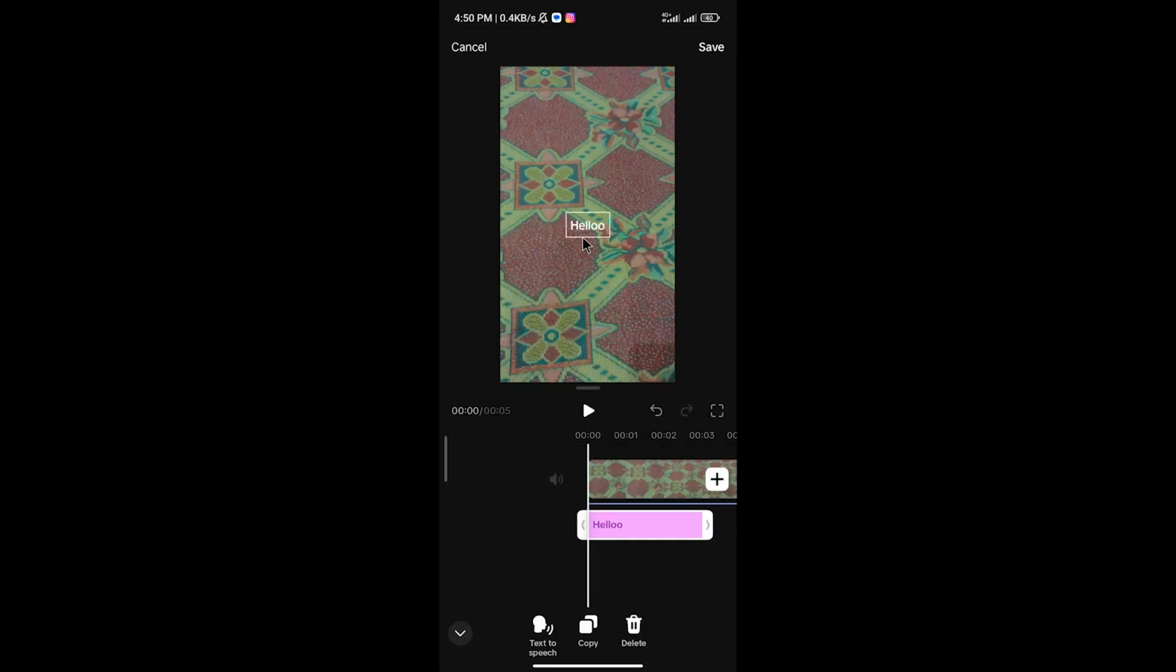You can also move your text, like from middle to bottom. It's up to you. And here is the text to speech option. By using this text to speech feature, when you write your text, TikTok will identify the text and change it to speech. So after doing this, tap on the save option,